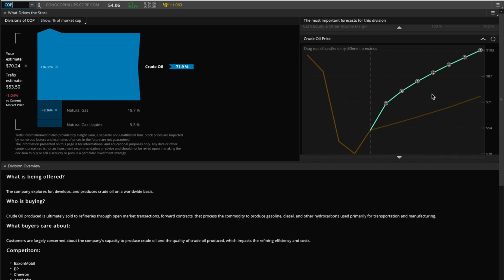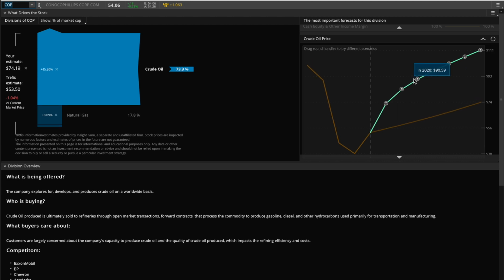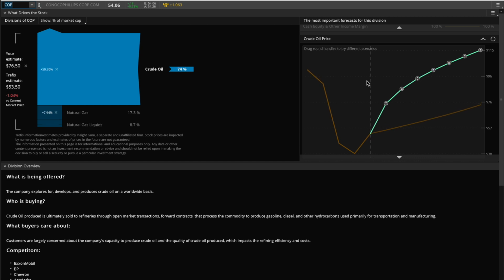So if this were to happen, the current share price estimate would be 70.24. If oil were to be 75 in 2019, and then back up to, actually in 2020 this is even back up to 100, which I wanted it to be. So we'll just call that good. We'll say the recovery is going to take longer than expected, but at that estimate, the estimate would